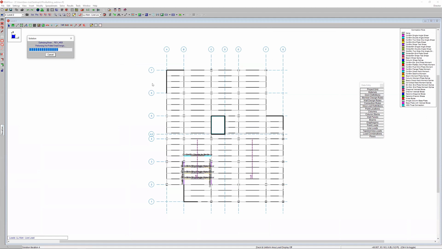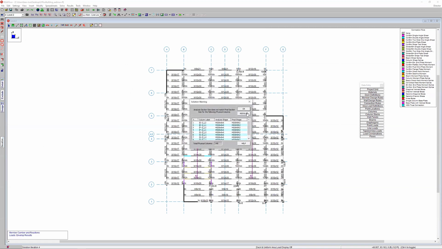And so this is actually doing a full-blown optimization. It's designing each and every member based on the loads applied and looking for the optimal shape based on those design lists that we created, whether it was those column design lists with a 10-inch wide flange, or the regular wide flange or regular square HSS shape list that we allowed the rest of the beams and the rest of the columns to be designed from. That's what it's doing. It's going through that full-blown optimization,